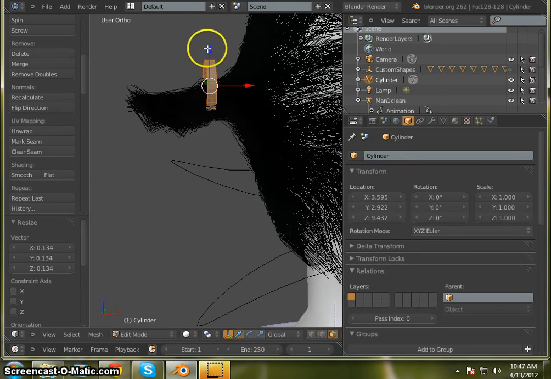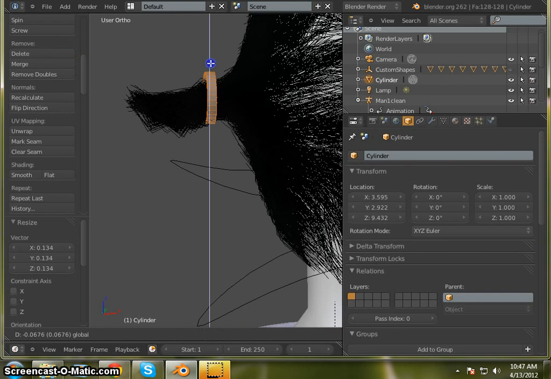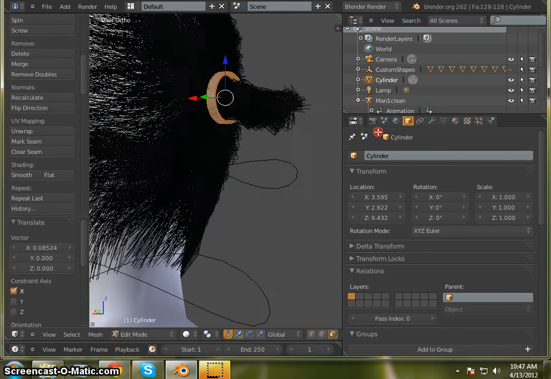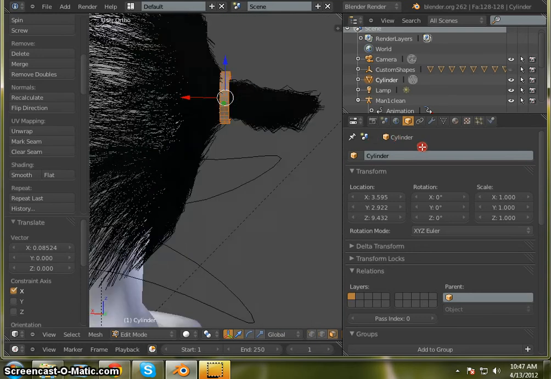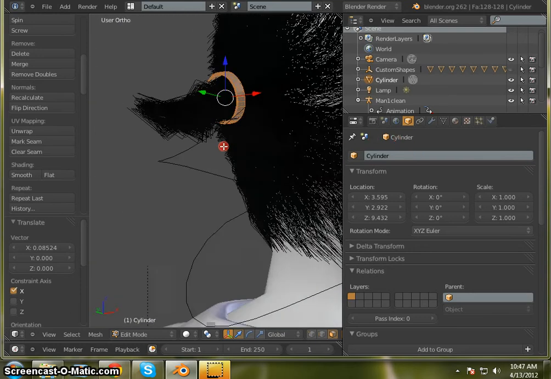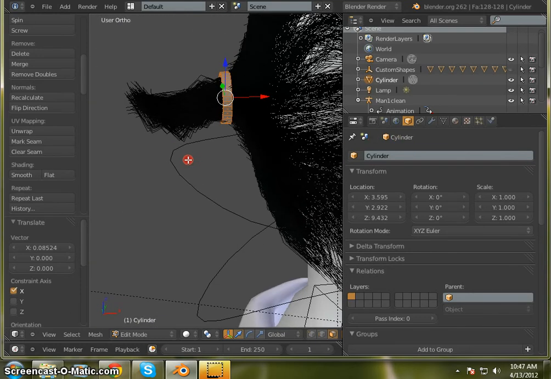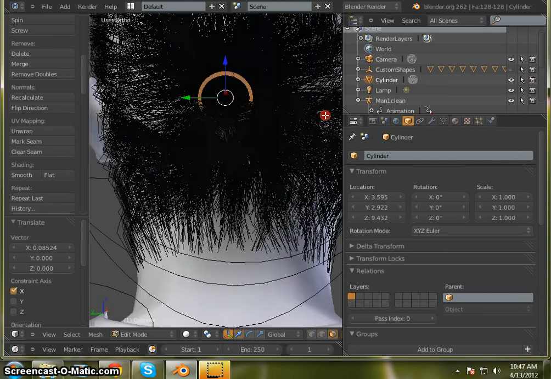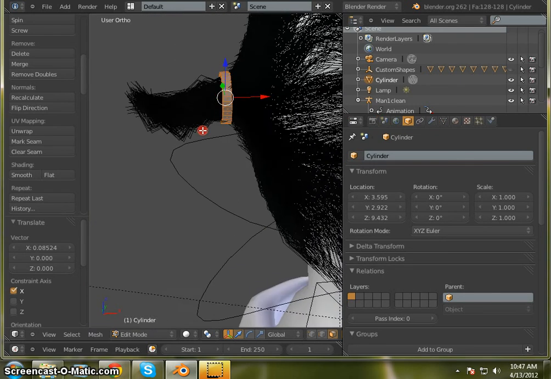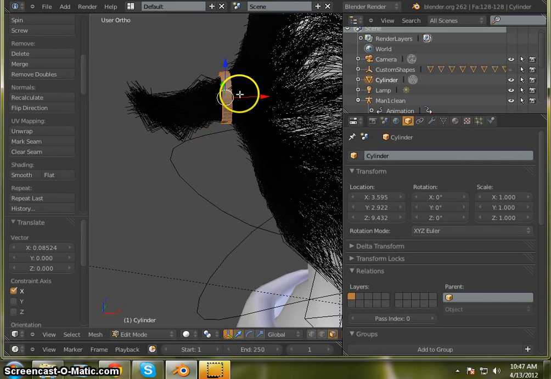I want to move this down just a little bit. Move a little bit closer to my head. Okay. That looks close enough. Except I want to extrude it now along the x-axis a little bit. So I'm going to hit, or scale it, excuse me. S,